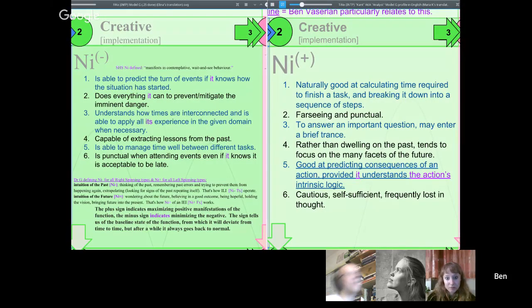I think all the I little j types, all of the TI and FI DOMs, but I think that the intuitive ones are going to go a little further into the future, because one of the dichotomies in Kersey is that the intuitives are more likely to be remote than immediate. Although with the SJs, they are remote, but again, they want it to be the same as the future. So it's like their view of the future is very similar to what it is now, whereas the NJs are much better at seeing how things can develop.